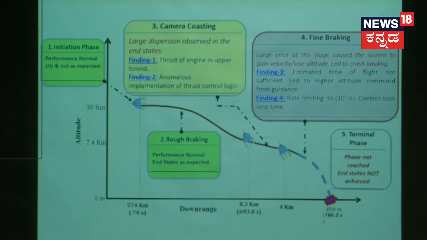What does it have to do? It is always being told to go and land at that point. Unable to go there, unable to kill this velocity, and the computer computed the total time to go to do the landing. There is an algorithm on board to compute the time left, based on which the whole process is designed. That time happened to be less than what it should have been. If the algorithm had given a few more seconds, it would have landed safely.